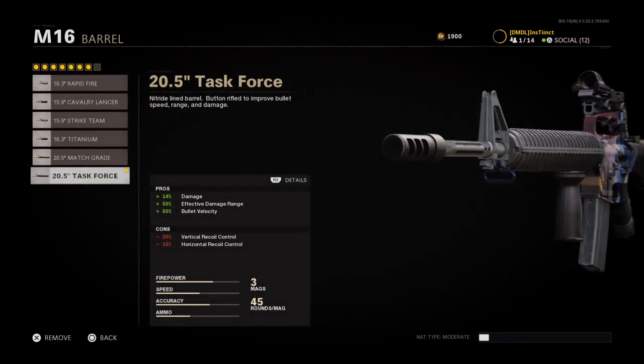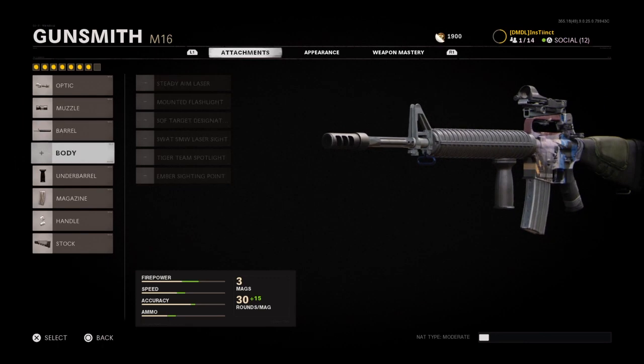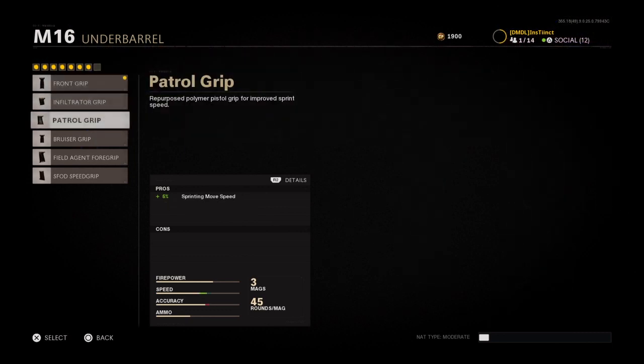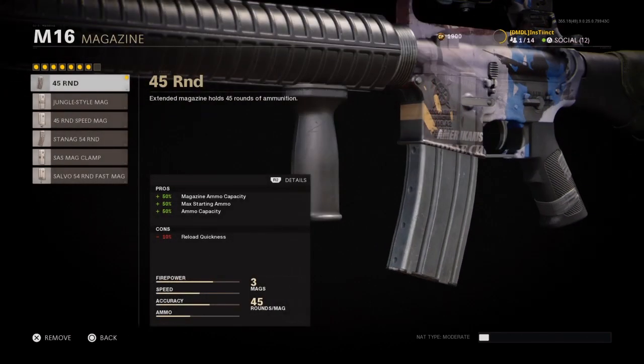I'm then using the 20.5 inch Task Force as my barrel. This gives me more damage at long range. I get less recoil control and horizontal recoil control, but that's mitigated by the Muzzle Brake, so it's not that bad, especially when you're running the front grip, but you get 30% more horizontal recoil control. So all together, these three, the muzzle, the barrel and the underbarrel, make a bit of a beamer. 45 round mags, because it's a 3-round burst and they tend to go quite quickly,